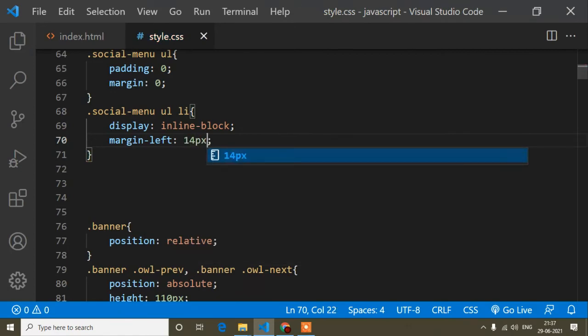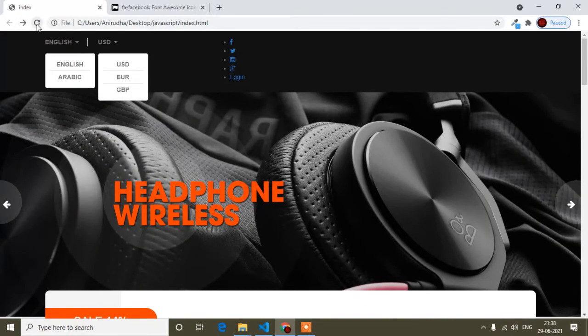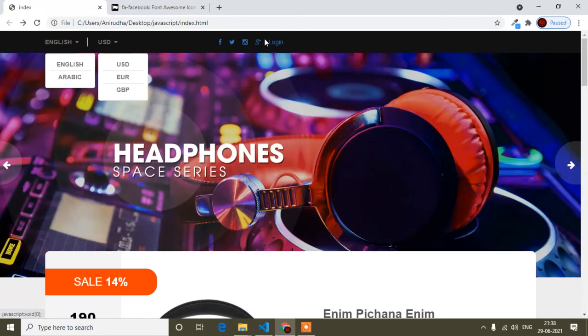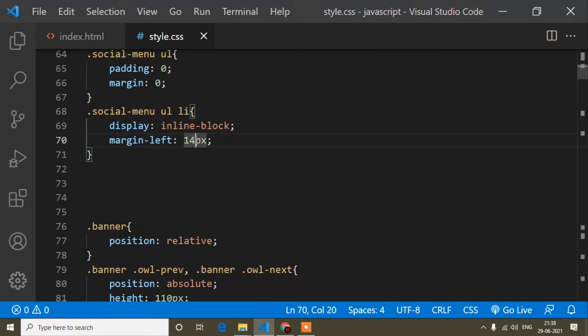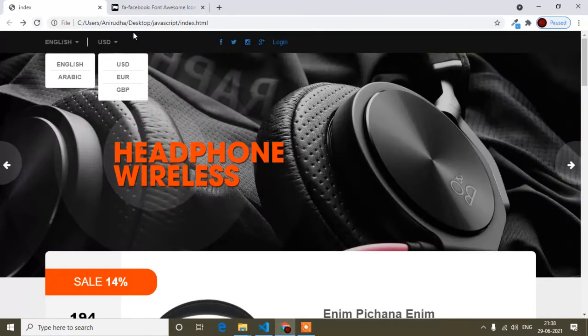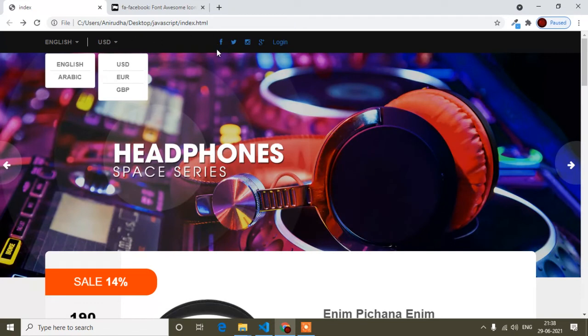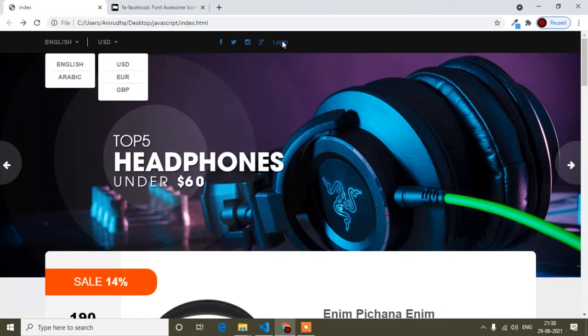So let's check first of all how it's looking. So it's okay, it's now looking better. Okay, and now here I will add 16 pixels, so it will look even better. And this content starts from left, because the 4 grid column ends here, and the 8 grid column is starting from here to here. But all this content I will start from right.